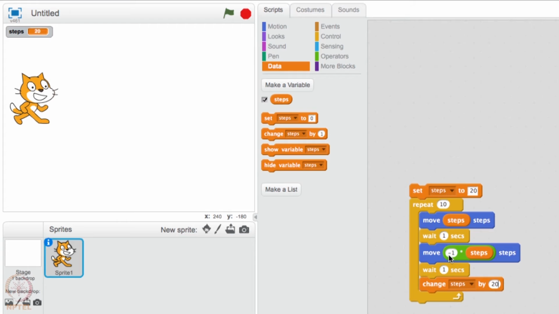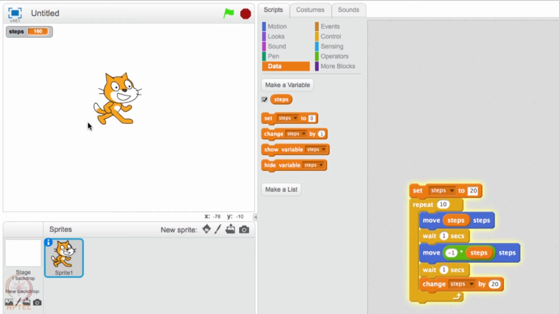And you'll be surprised to see that this is precisely what we wanted our cat to behave like. Double click. 20 ahead, 20 back, 40 ahead, 40 back, 60 ahead, 60 back, 80, 100, 120, minus 120, 140, minus 140, 160, 180, 200, minus 200.